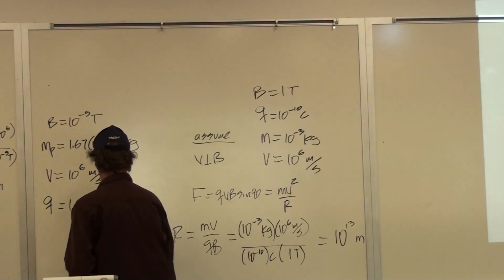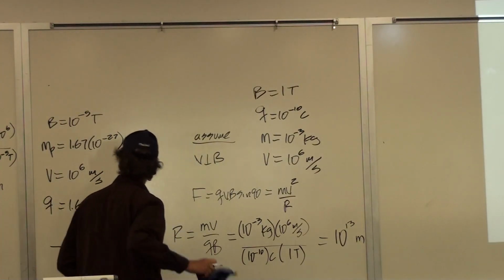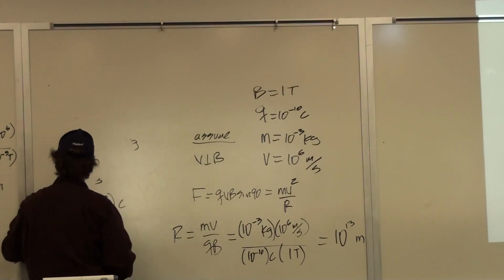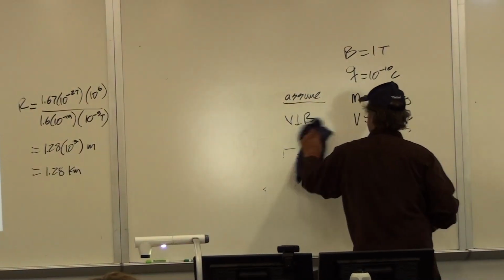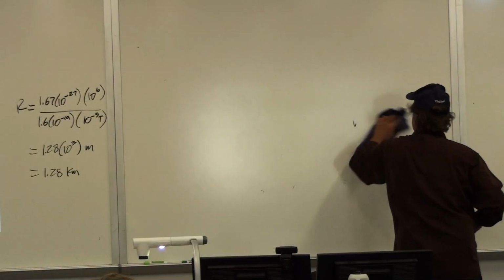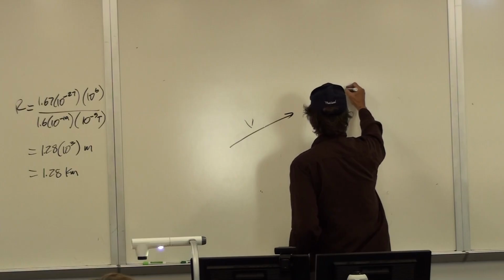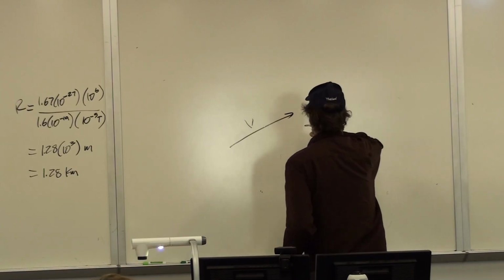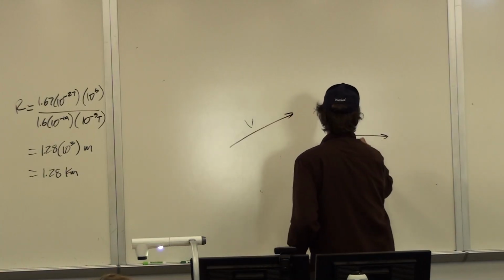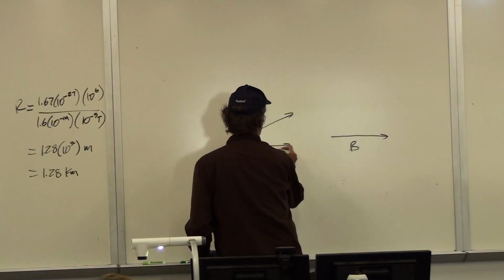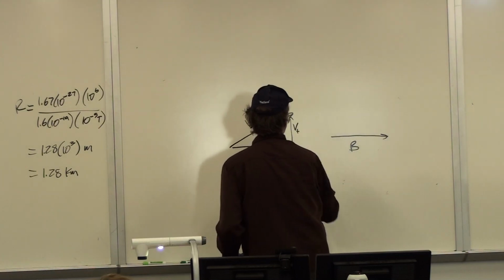Okay, and so if the particle is coming in like this, and the magnetic field, let's say, is pointed in this direction, B,